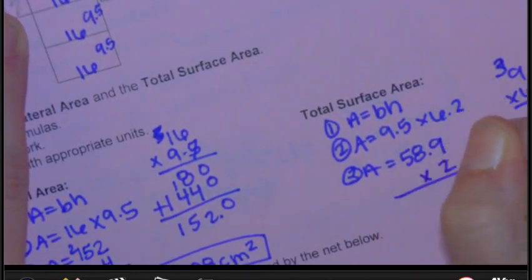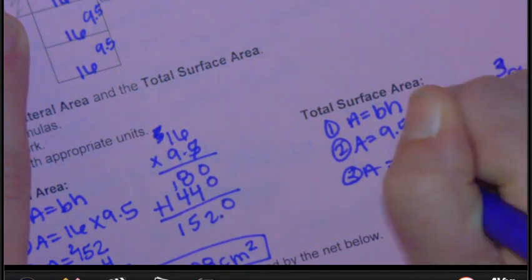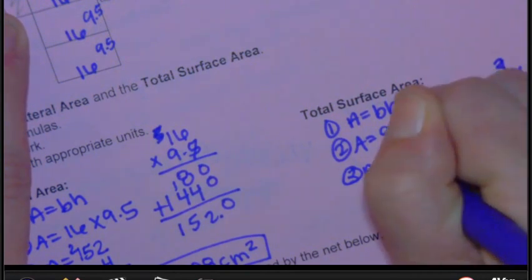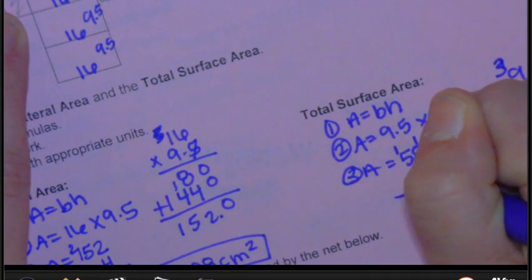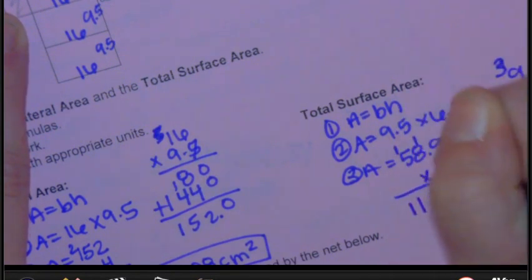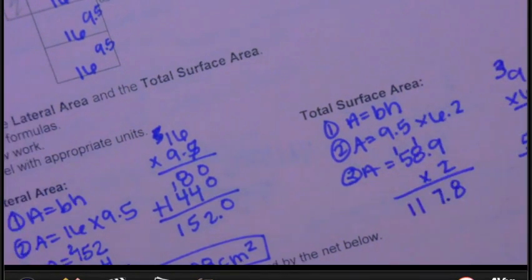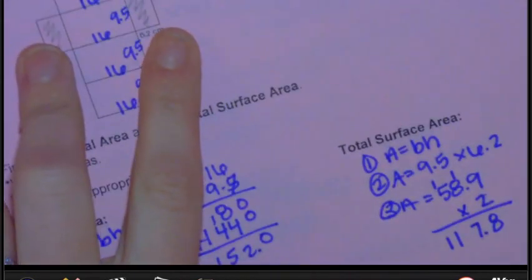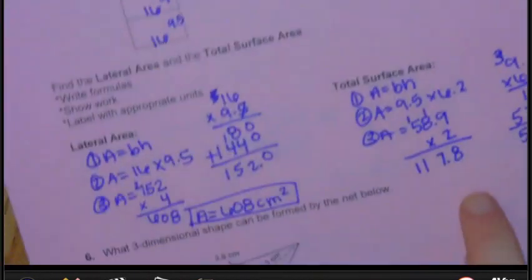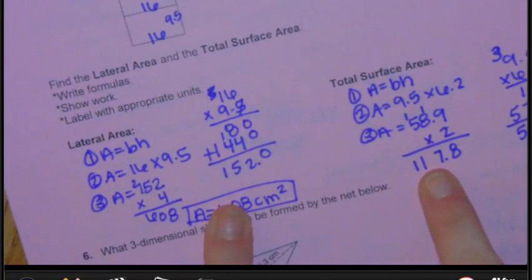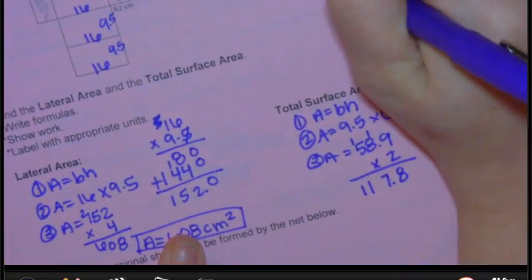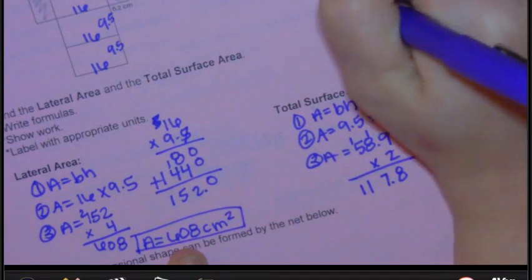Now, this is the area for one base, and I have 2 bases, so I'm going to multiply it by 2. 9 times 2 is 18. 8 times 2 is 16, plus 1 more is 17. 2 times 5 is 10, plus 1 more is 11, and I have 1 decimal place, and I get 117.8. Now, this is not my total surface area. This is just the area of my 2 bases. To get the total surface area, I need to do the bases plus the sides and add these together. So I'm going to do 608 plus